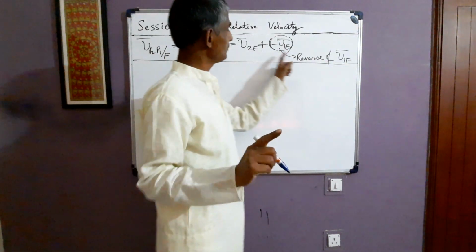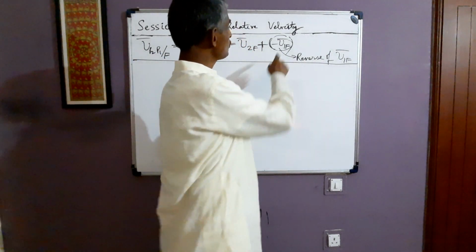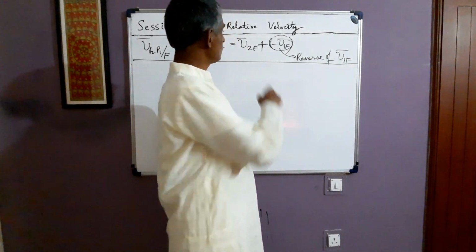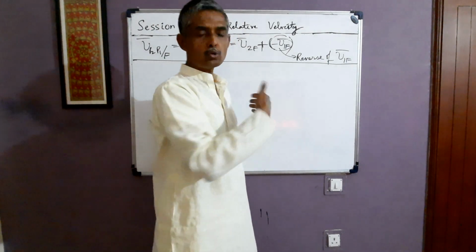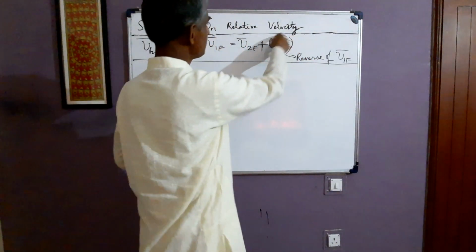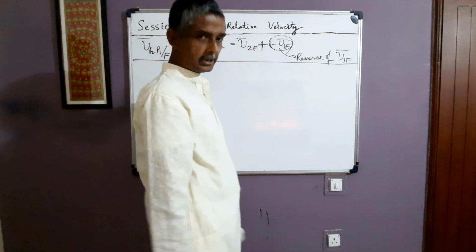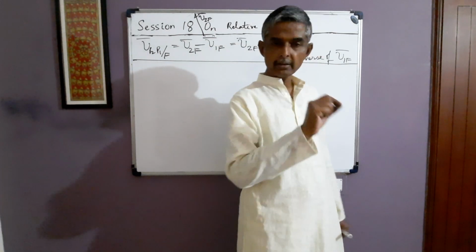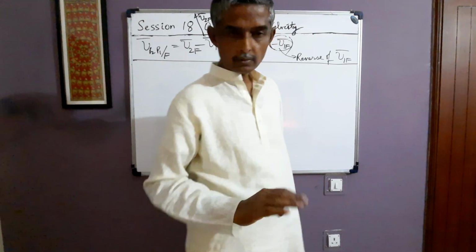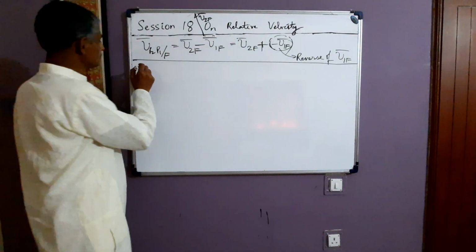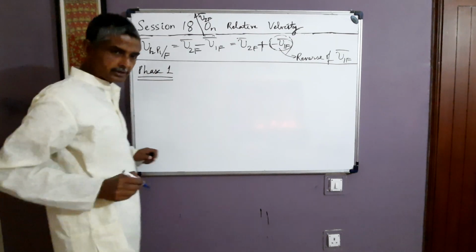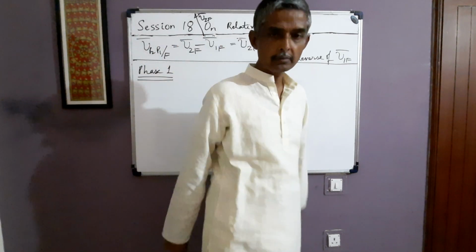And one more thing I'd like to say before going to phase 1. Once you have reversed V1F, that is minus V1F, then the rule for finding V P2 P1 F is just the usual rule for vector addition. As you add two vectors, you have to add this vector and this vector. That's all. After you have reversed V1F, you just follow the rules of vector addition to get V2F. Alright. So, we take up the problems on phase 1.